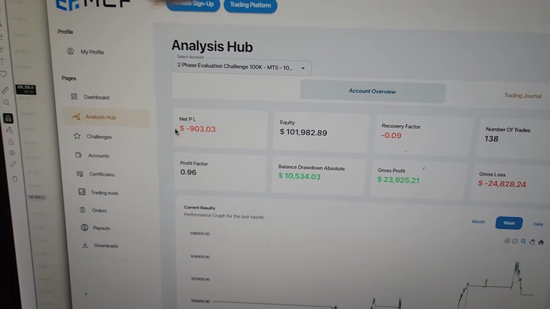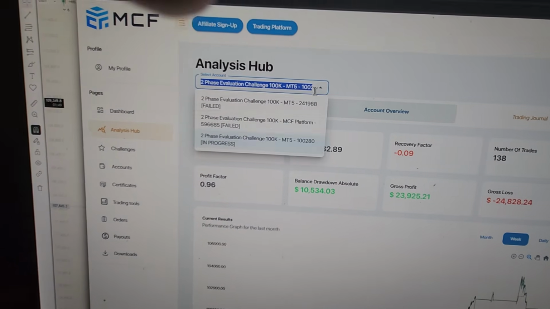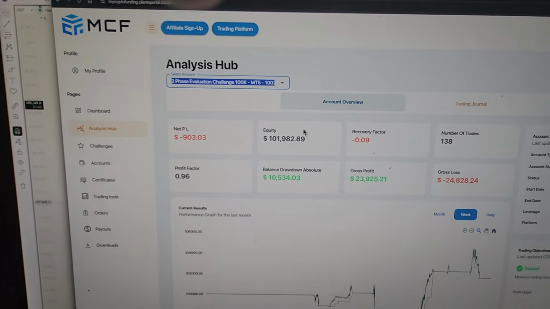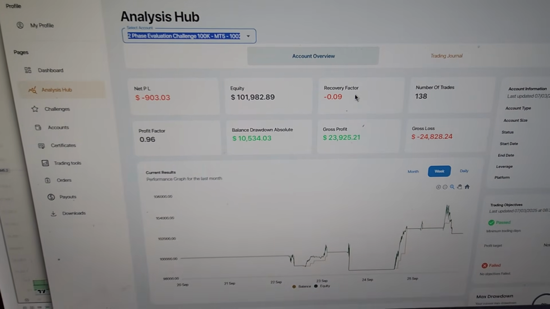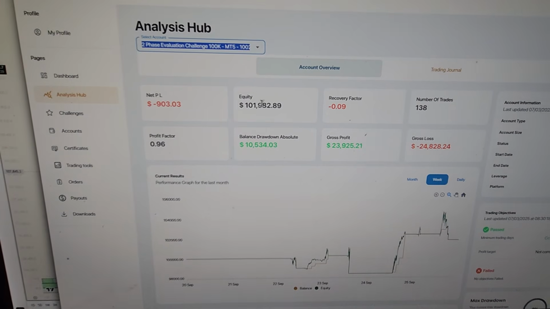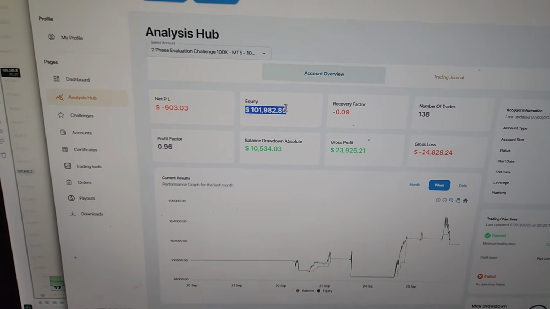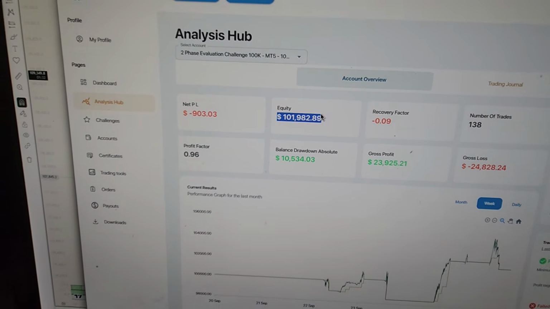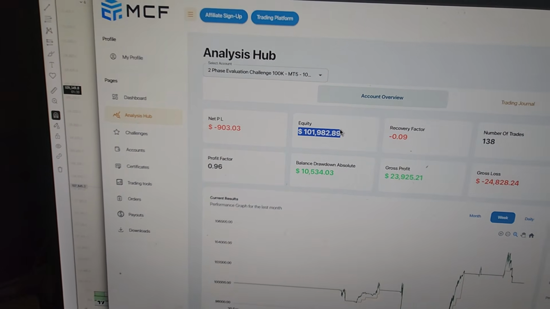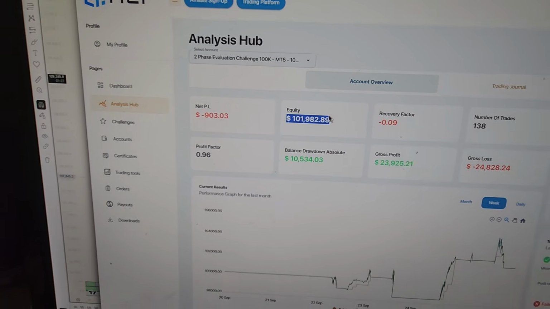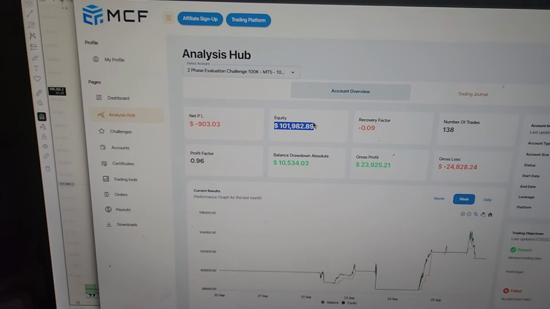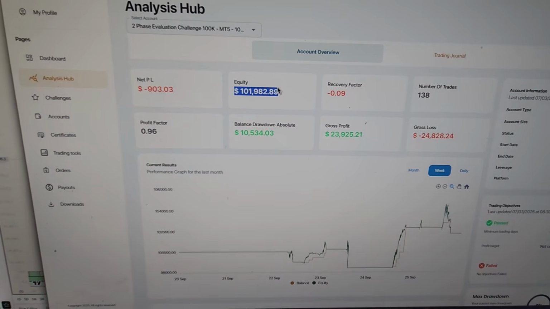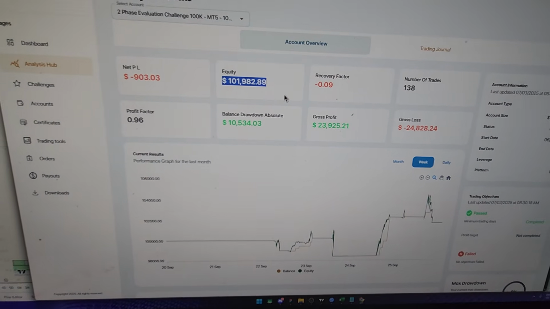But the net P&L is in the negative because it transferred me from a previous account to this one when I was already in profit. So that's why it's like that. After all that progress, it still seems like I haven't made any progress, but that's just because I'm just starting to make the progress. Hopefully this will roll over into October and then November and then December, and I'll make an update to this video. And it's just to prove that the problem is you.